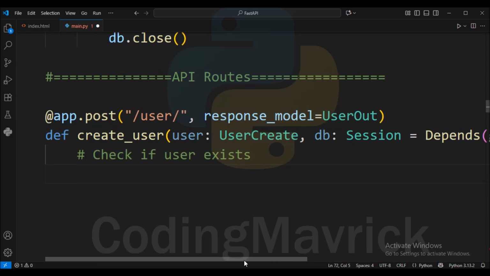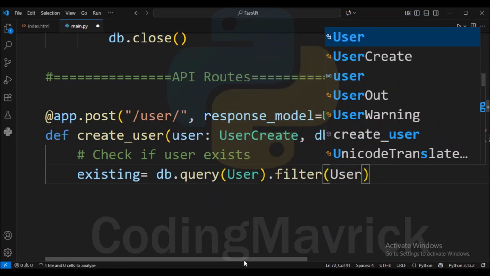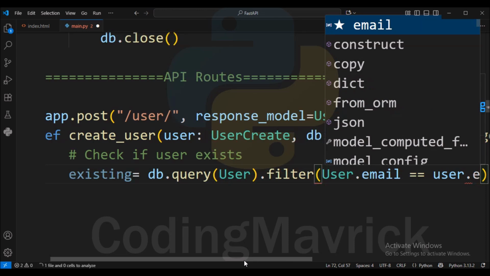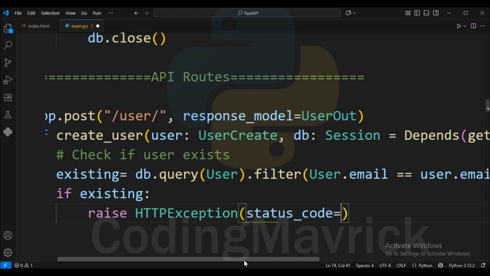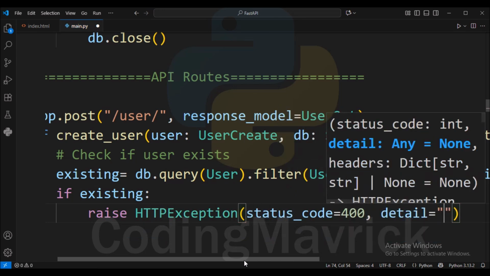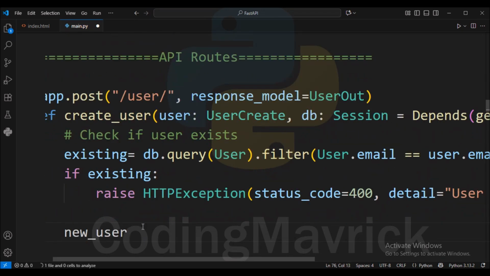Now check if the user exists. First we query for an existing user with the same email to avoid duplicates. If we find one, we raise a 400 error saying user already exists. Create a new ORM user instance using values from the validated Pydantic object.